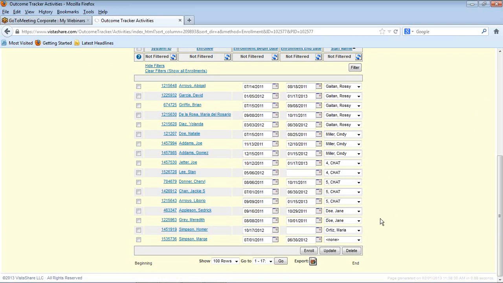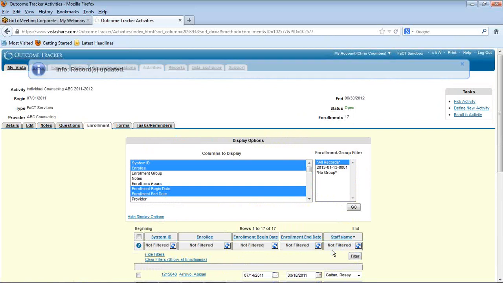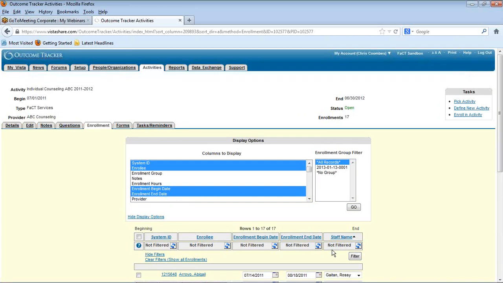Also, this is a good way, for instance, to see that Marge Simpson does not have a staff member that was selected here. So this is another way that you can quickly, at a glance, in one window, see all of the clients and see things like this. Okay, so we're going to pretend again that Marge Simpson is my client, and I'll go ahead and just update that portion without having to open the entire survey. Although it is recommended that you open the service to completely see what other fields are missing,